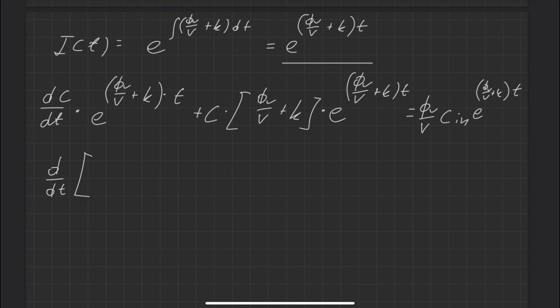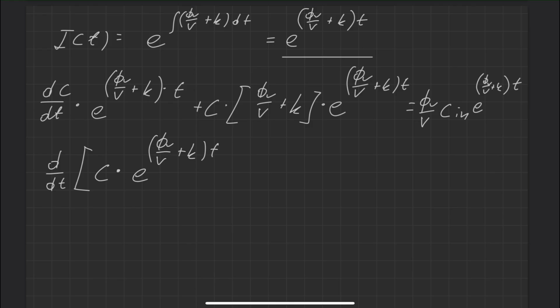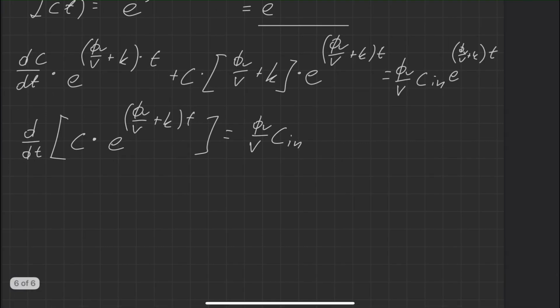that this is nothing else than d over dt of this integrating factor times the dependent variable. So c times e to the power of the volumetric flow rate divided by volume plus k times the time. And this is equal to nothing else but just volumetric flow rate divided by volume times Cin, which I remind you is a constant because we have a fixed inlet concentration, times this whole exponent